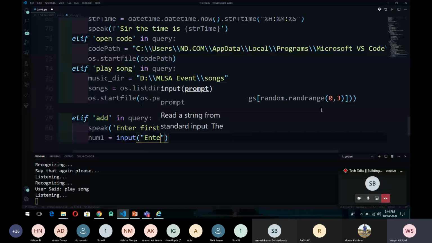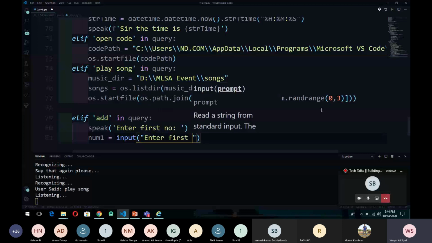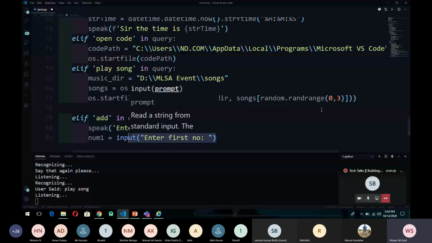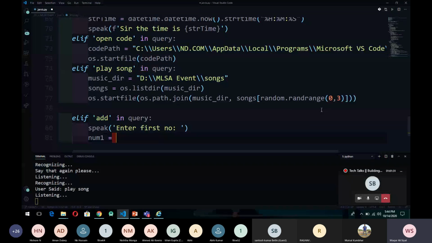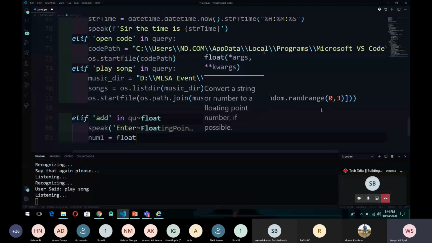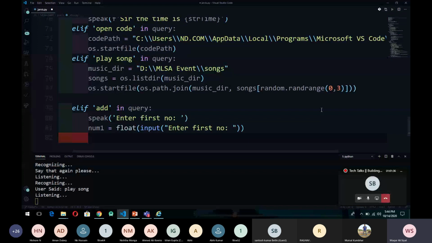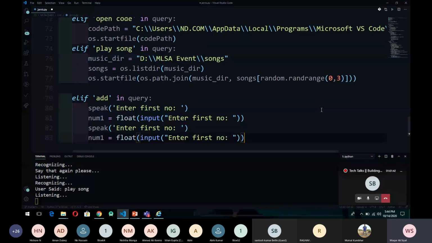Here you will write enter first number and this input always returns a string. So convert this to float and similarly you will take the number 2 and store this number in num2 variable.